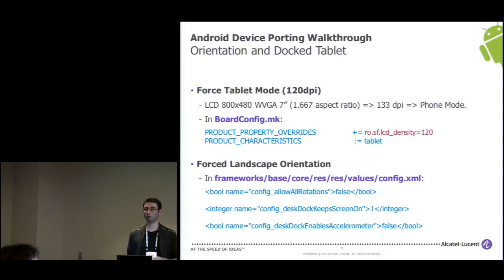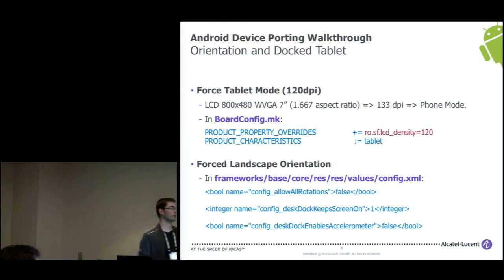If you calculate the aspect ratio, it makes 133 DPI, which is actually a bad thing for Android, because depending on the DPI, Android decides whether it boots in phone mode or in tablet mode, at least for the UI. In our case, this is not a tablet, it has no orientation, but Android was just saying, okay, the screen is too small, so I consider that this is booting in phone mode. So we do not want that.